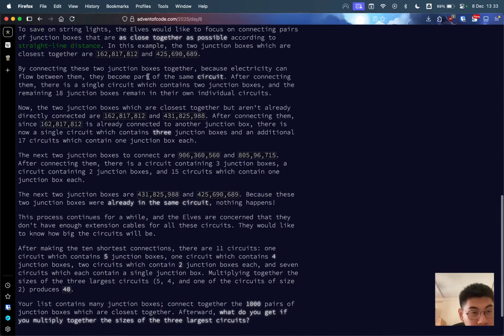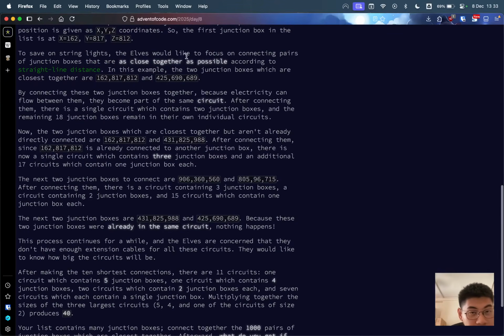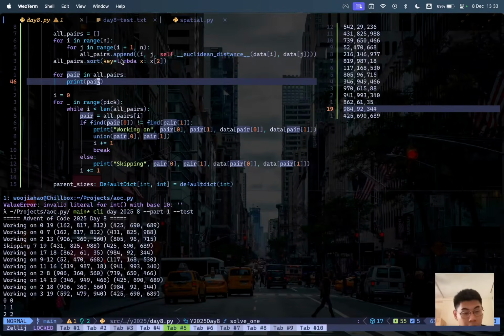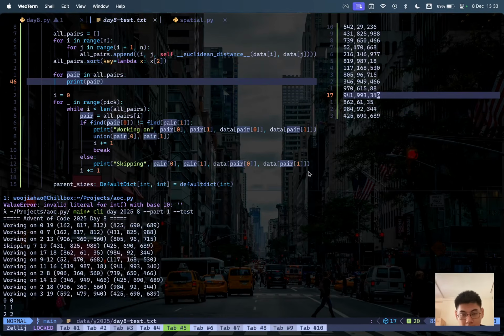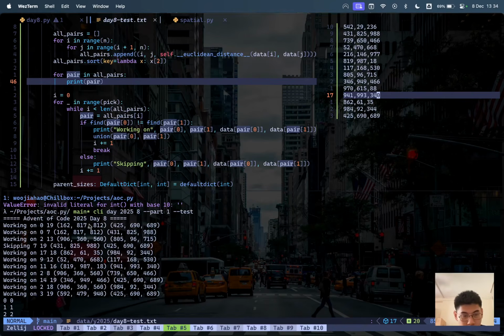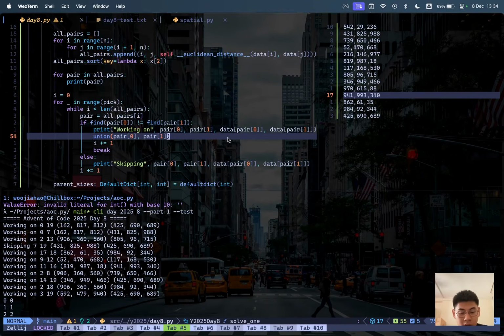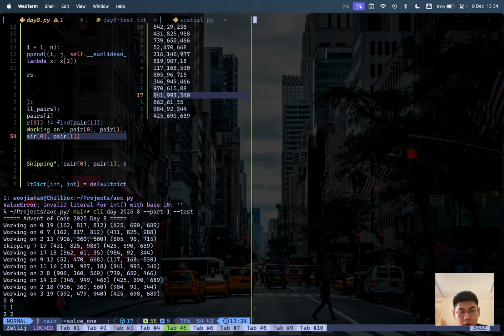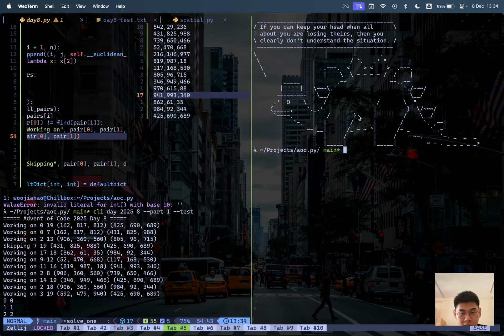No, what they're claiming is that they want to focus on connecting pairs of the junction boxes. Yeah, okay, this is strange. I'm not entirely sure what's going on. Yeah, because let's see. If we were to look at the, okay, let me just create a second pane so that I can